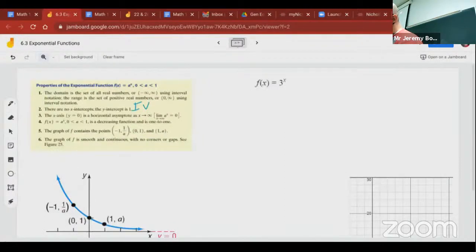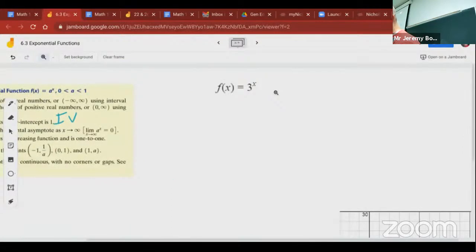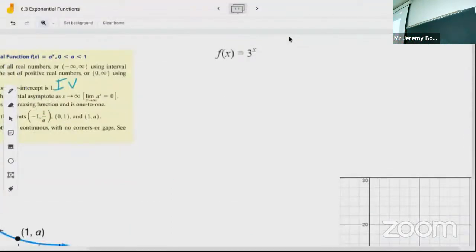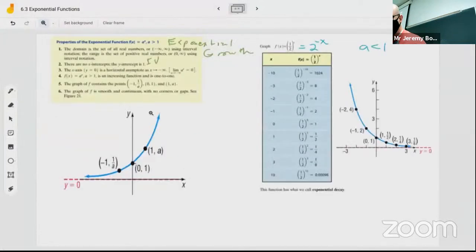We talked about exponential functions. Yeah, it was yesterday. And we talked about if you have your different a values. A can't be 1. A has to be greater than 0. But if it's less than 1, it's exponential decay, which is what we see right here, this graph here. If it's greater than 1, we see exponential growth, which is the shape that we see for this graph here